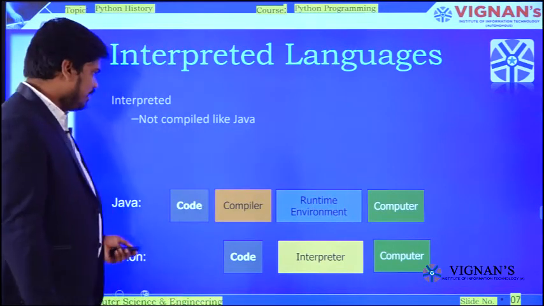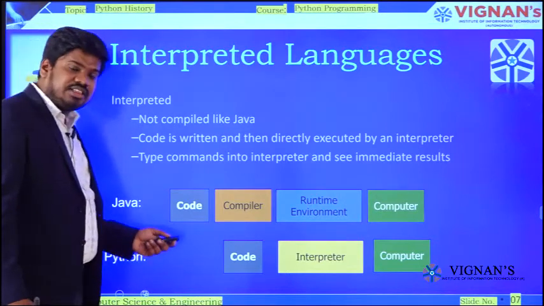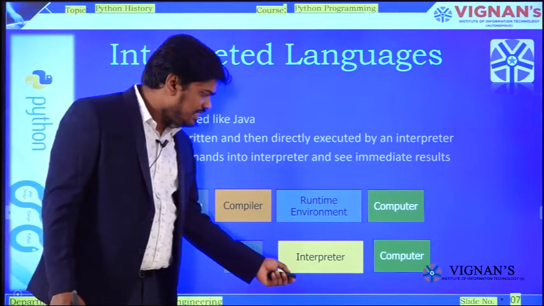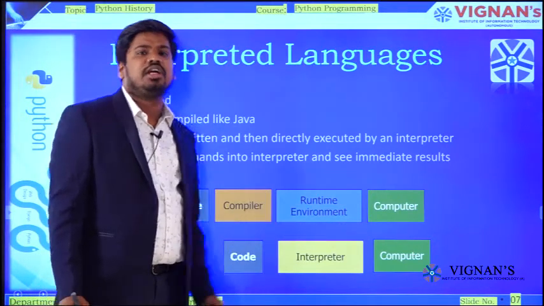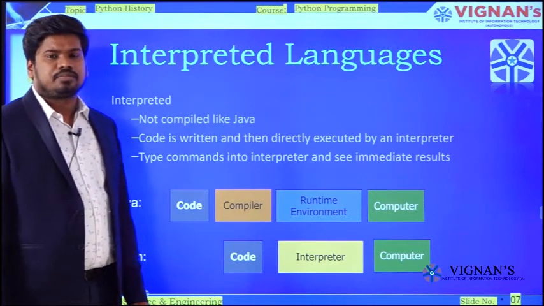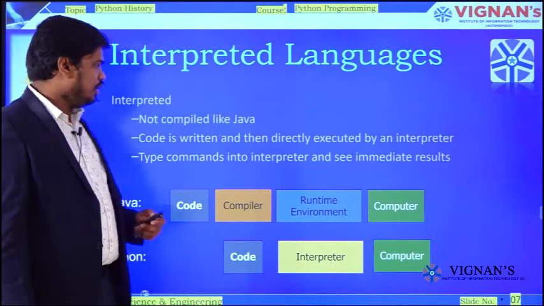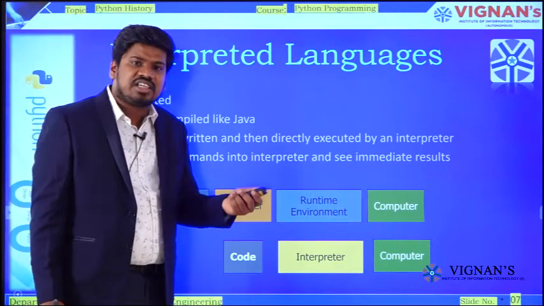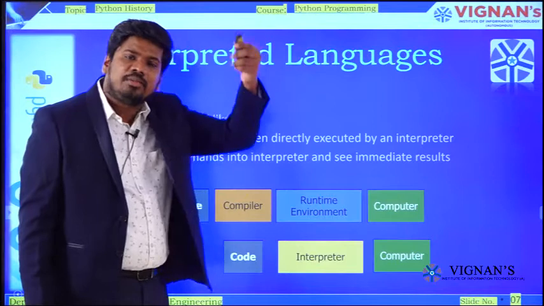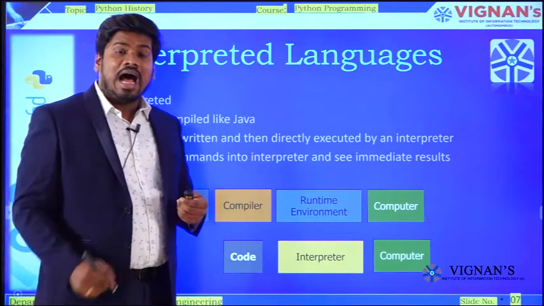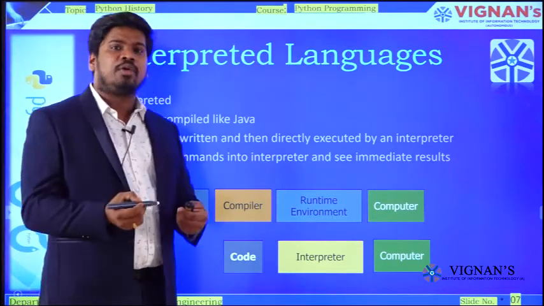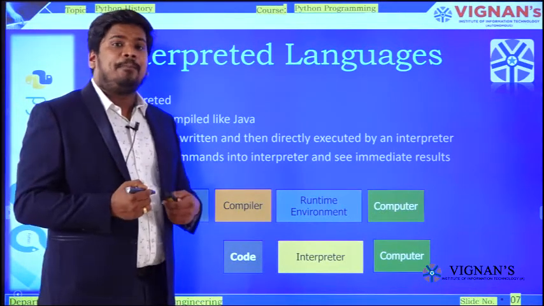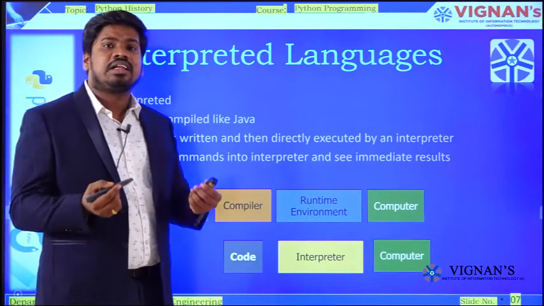And coming to Python, since it is an interpreted language, here my interpreter comes into the picture, and it converts my code into machine dependent form. So what is an interpreter? Before C, C++ and Java, first of all I have to write my entire program. Only after writing the entire program can I compile it. After compilation is successful, then the interpreter comes into the picture.